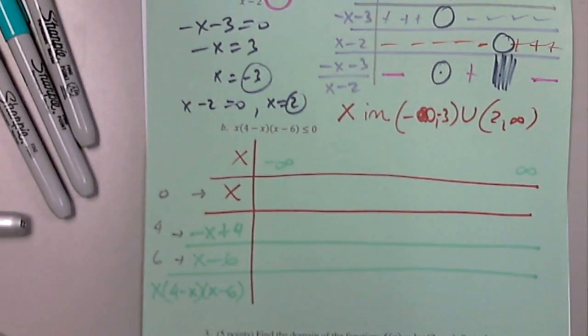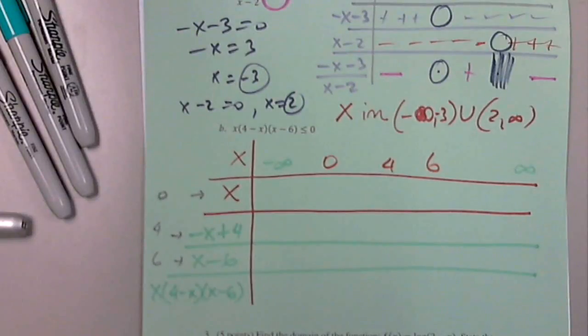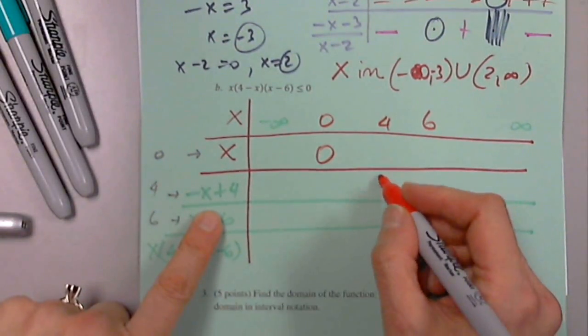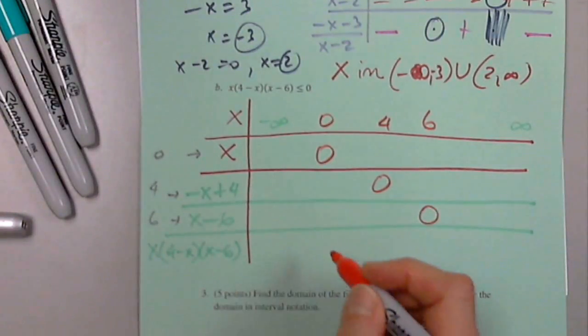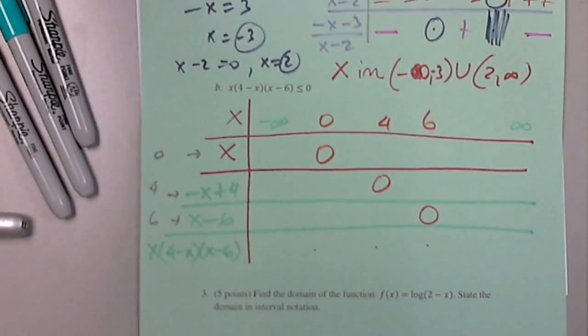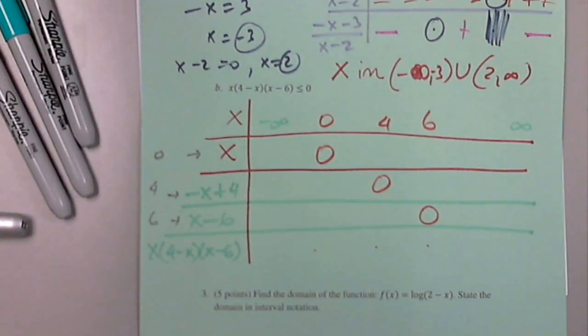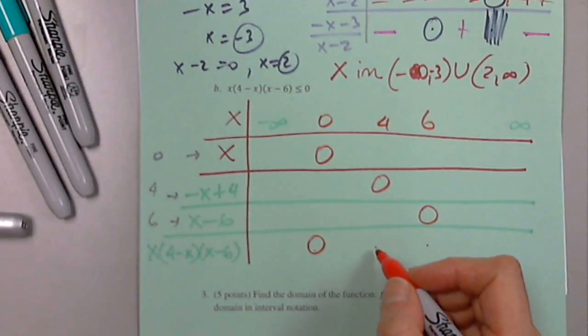So now from left to right, I need those numbers in ascending order. 0, 4, 6. Very good. I need a 0 for x somewhere. Under. I need a 0 for the next factor somewhere. Perfect. And I need a 0 for the last factor somewhere. 6. Now I need something, if it's 0 or undefined, I need something for the whole thing. Under each of these numbers, under 0 I have, under 4 I have,